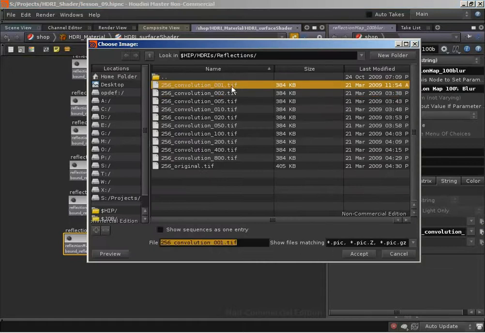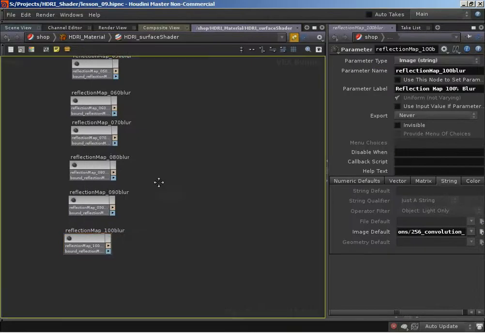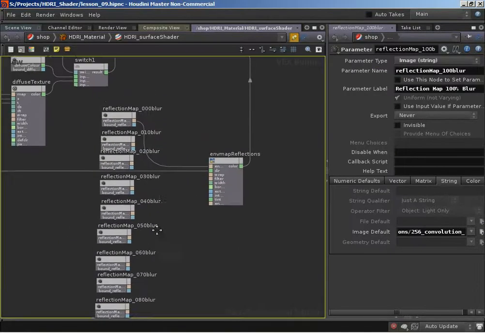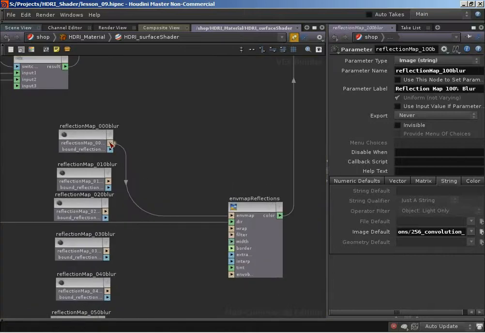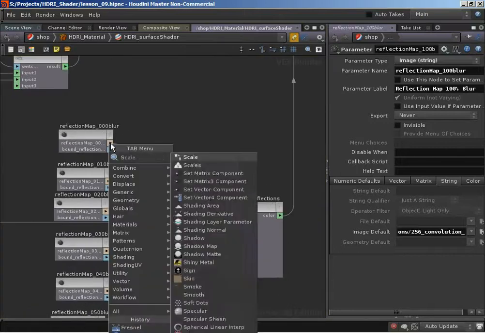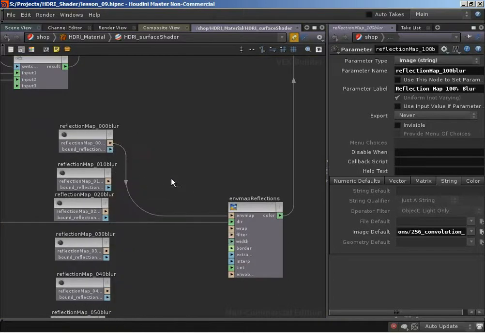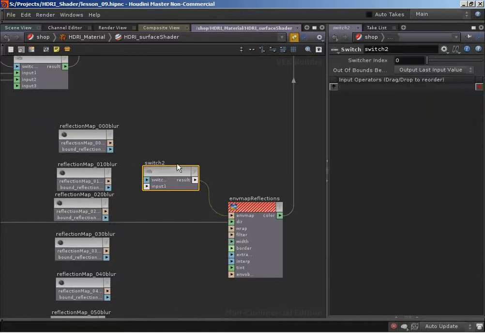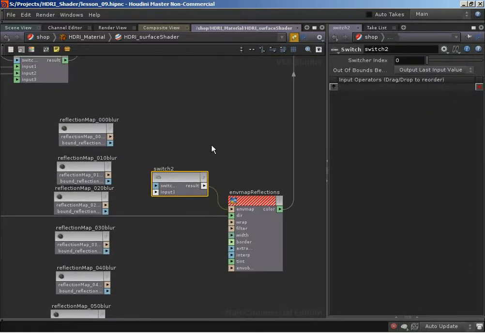And that is going to be our diffuse convolution. So now that we have all of these, I'm going to right click on the output of our original and create a switch VOP. Obviously it's going to wire the input in incorrectly, but the nice thing is it gives us a switch VOP, the output being wired into our environment map. And this switch VOP is going to be our switch underscore reflection